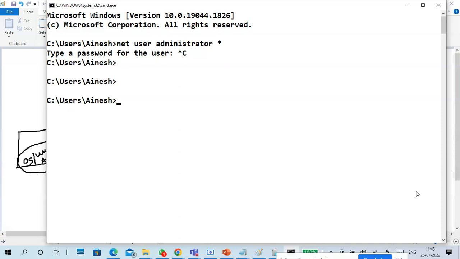If you are not an administrator, you cannot change it. You have to log in as an administrator, then only you can change the password for other administrator accounts or normal accounts. So you can't change this. Not always will YouTube troubleshooting work,